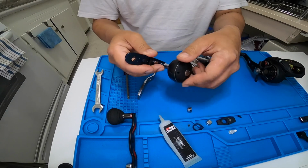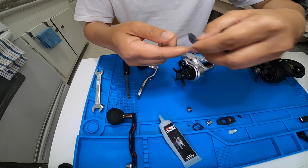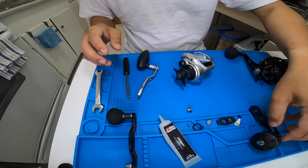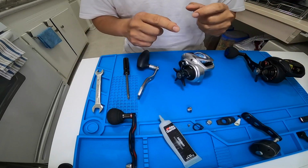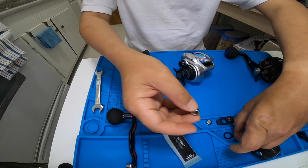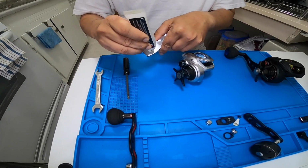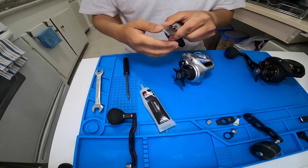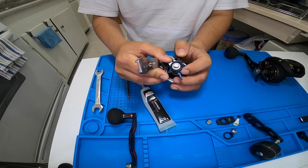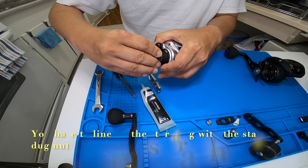Now this handle I can maybe use for a smaller reel. Again, as long as it's an 8 by 5 millimeter shaft, which is very common among reels, you can use it with any other brand as long as you have the nut plate and the screw and the nut. Okay, so again, grease, the seal, and you gotta watch out with the star drag. So the Shimano Tranx, it's spring loaded, and you have to line it up with, there you go,